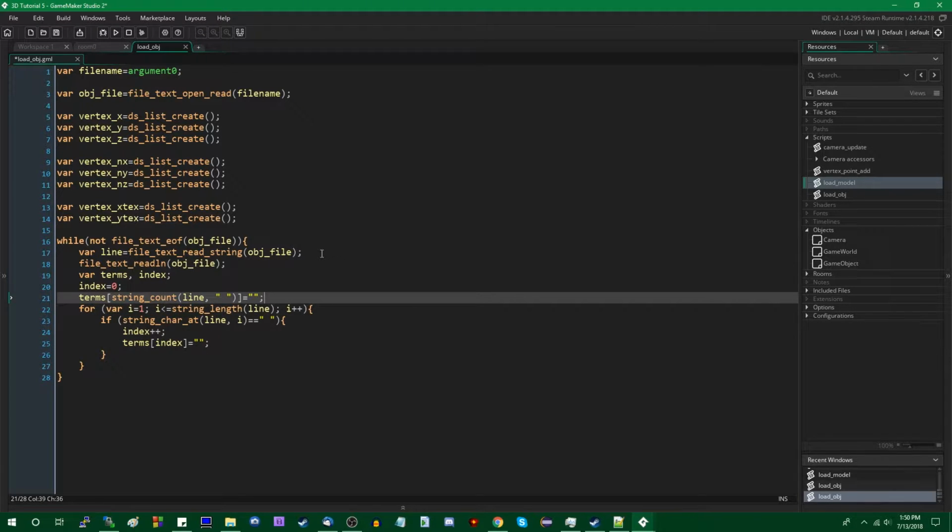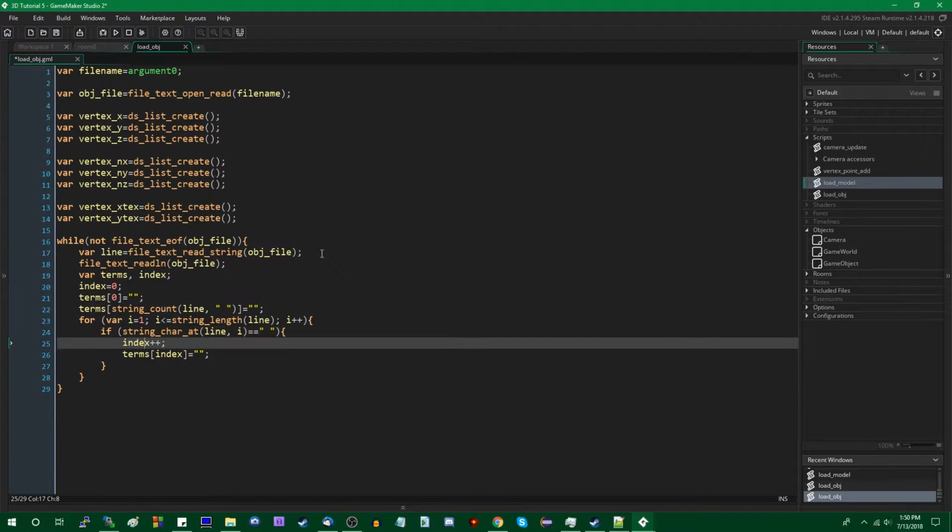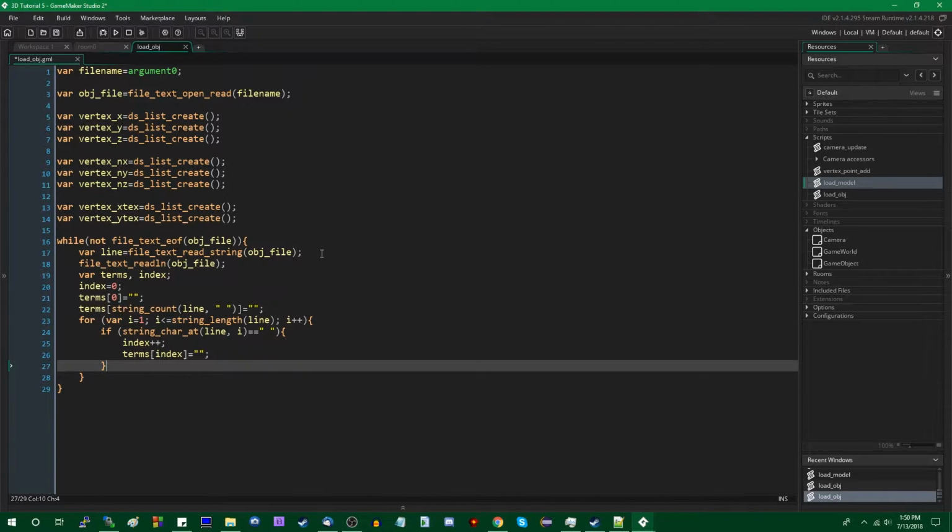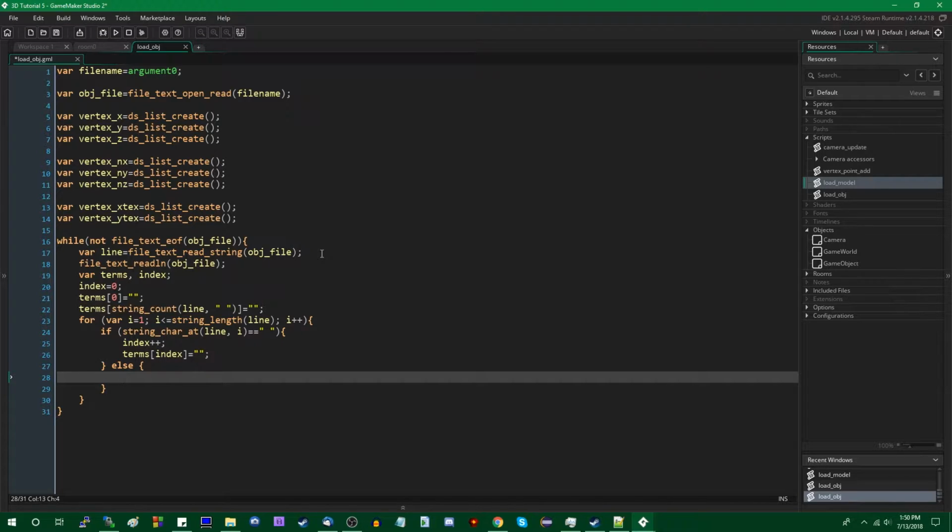And while I'm at it, we should also initialize terms of 0 to an empty string. Oops, empty string, there we go. This string split should work without that, but I just want to be absolutely safe. Now else, if you are not looking at a space character, we can simply say terms index equals terms of index plus string char at line and i.